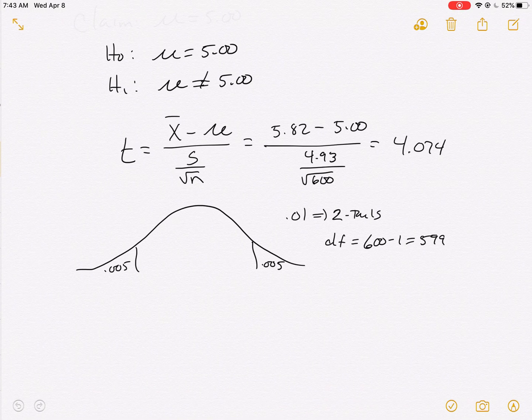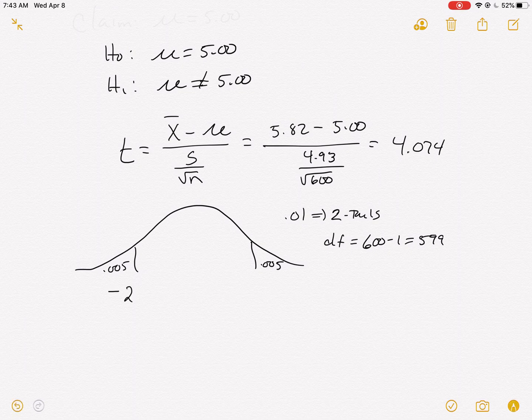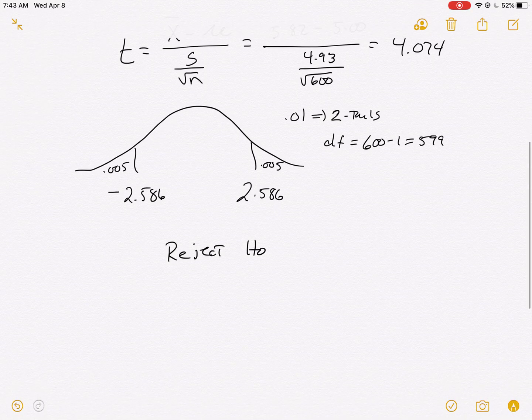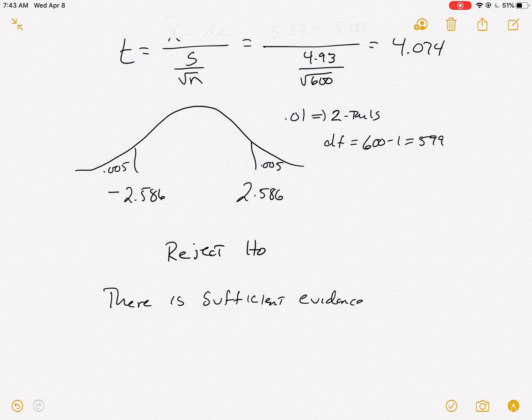So as we go to number 16, we have this as negative 2.586, and this is positive 2.586. So if our t-value is more than 2.586, either positive or negative, we're going to reject, and it certainly is. It's coming in at 4. So we're going to reject the null hypothesis. Perfect. I don't even need to look above. I know how I'm going to start this. There is sufficient evidence to support, right? Every time we reject,